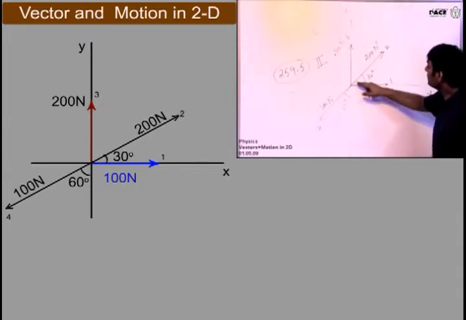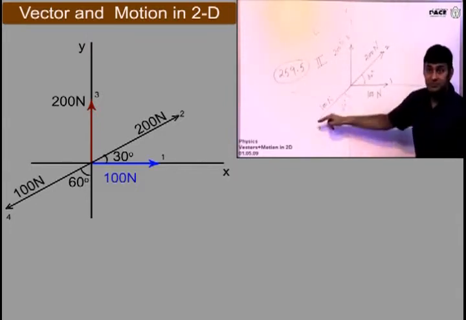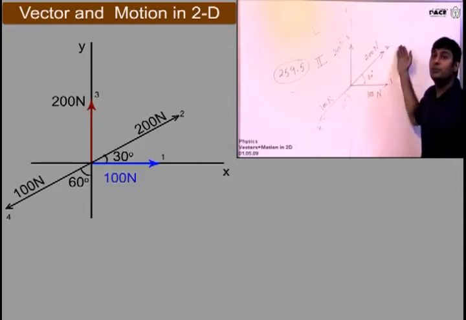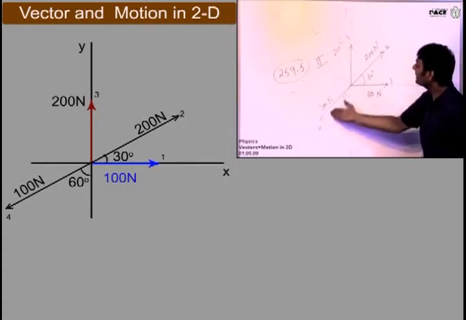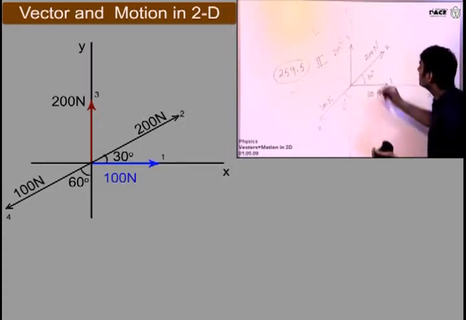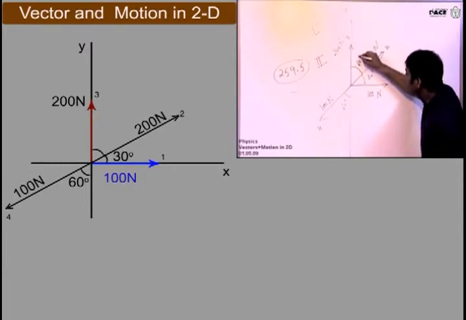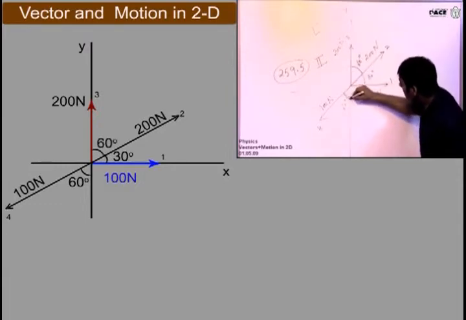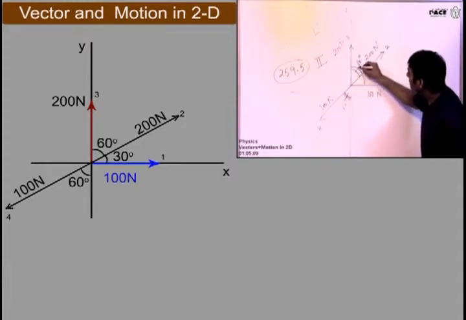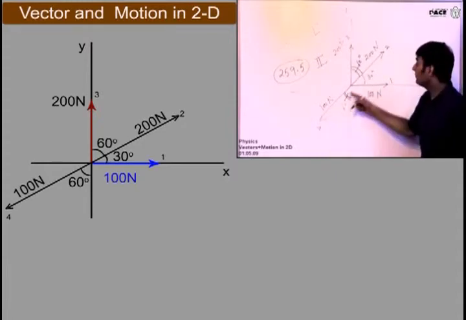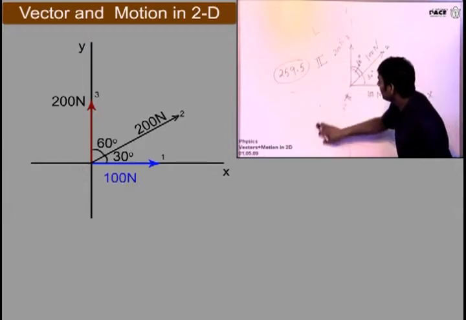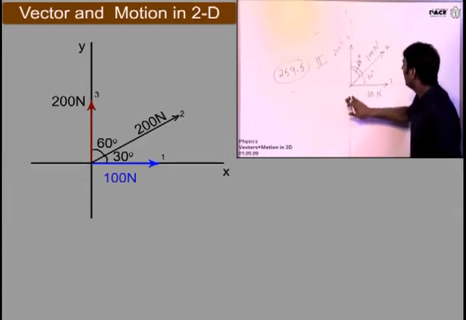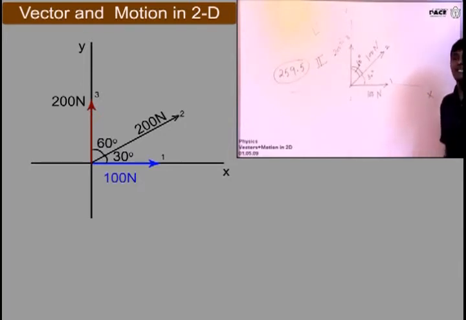See this. This vector and this vector, they are in the same direction. I mean, they are in opposite directions. So when we have to add them, these two will directly get subtracted. Please see this. If this is 30, this angle is 60. And if this is 60 and this is 60, obviously they are vertically opposite angles. Therefore, this is a straight line. Therefore, this is 200, this is 100. So what will remain? Tell me fast. 100 in this direction and this vector will go away. Perfect.